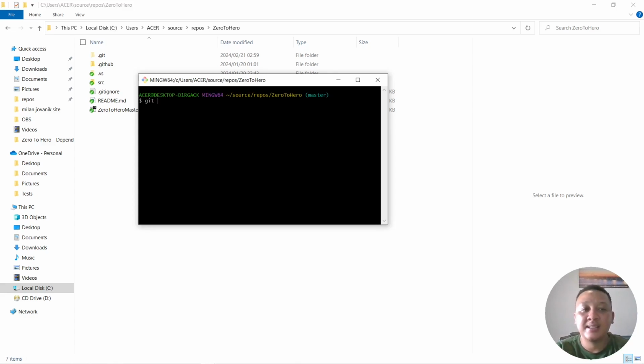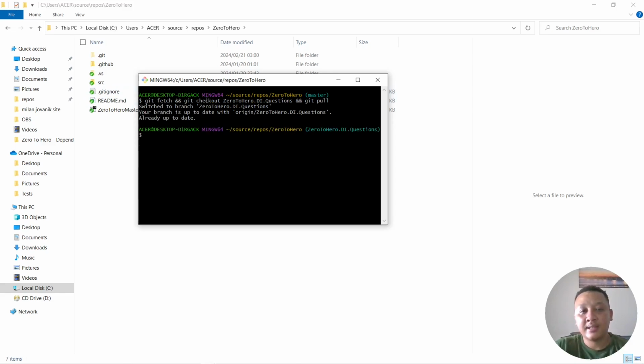So the first thing is you're gonna have to say git fetch and then git checkout 0 to hero dot di dot questions. And then we'll say git pull. What this is gonna do is fetch the branch and then check out the branch that we need to work on, and then it's going to pull all the latest changes into